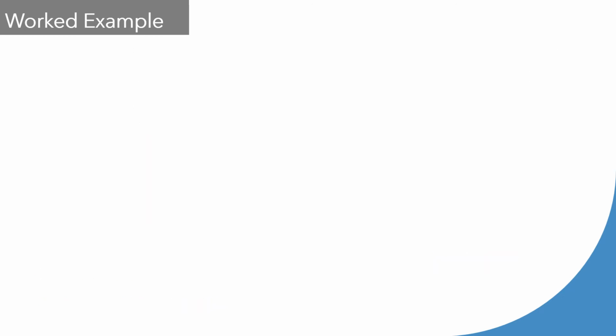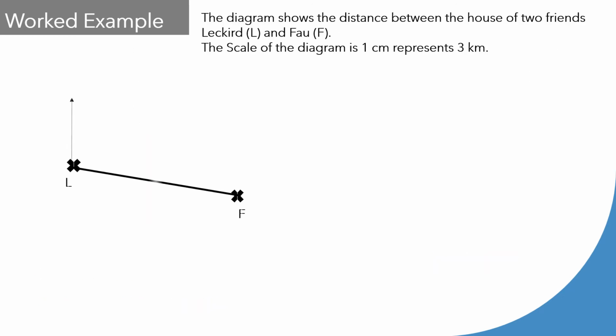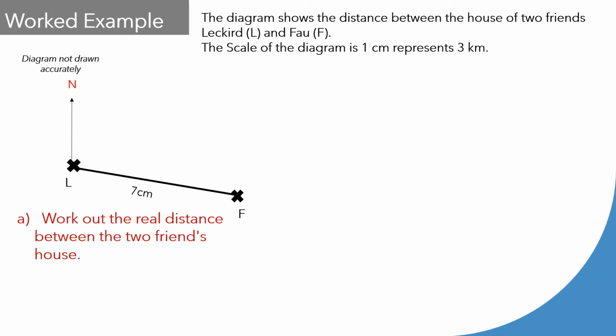Here's another example for us to try. Okay, so this is the example. Now the question is asking me to work out the real distance between the two friends' houses. So real distance means the distance on the ground. So if 1 centimeter represents 3 kilometers as per the scale given to us, what I'm going to do here